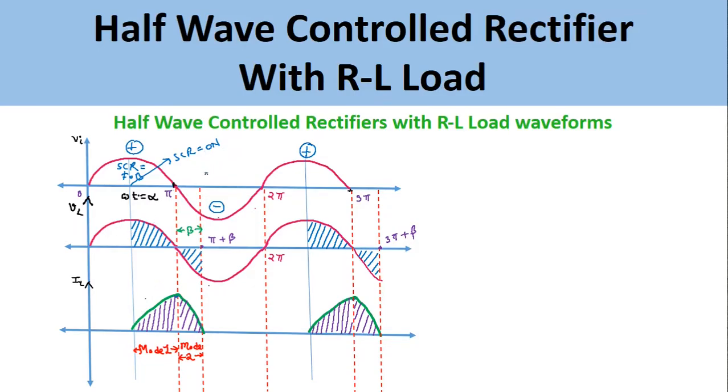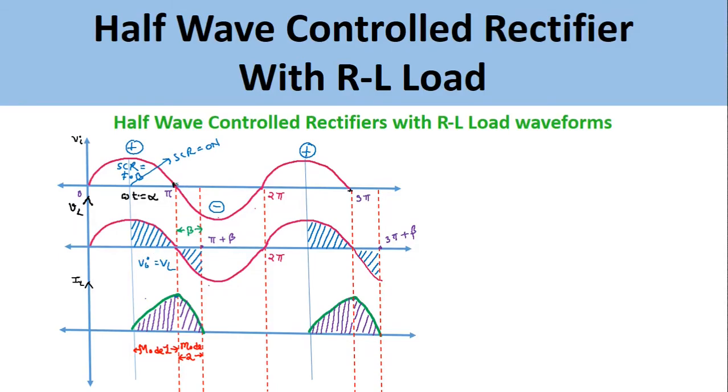Since the SCR is acting as a short circuit in this stage, whatever the input voltage is, that will be equal to the load voltage here. So the output signal waveform will be equal to the input signal waveform as shown in the figure, and there will be a gradual increase in the load current because of the storing of energy in the inductor.